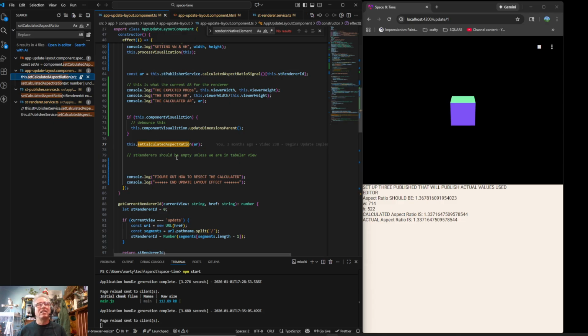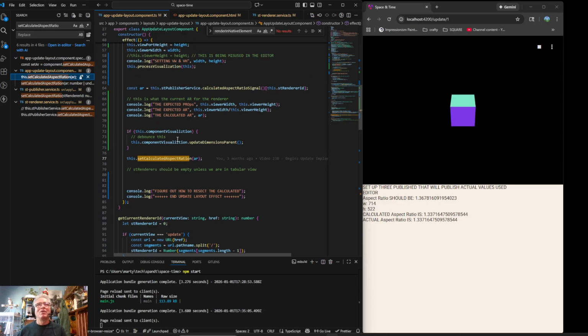And then actually, it's kind of weird because we get it from here and then we calculate it and then we send it back, which is weird. Update dimensions, parent. Yeah, it looks like this is where we set it. And it looks like